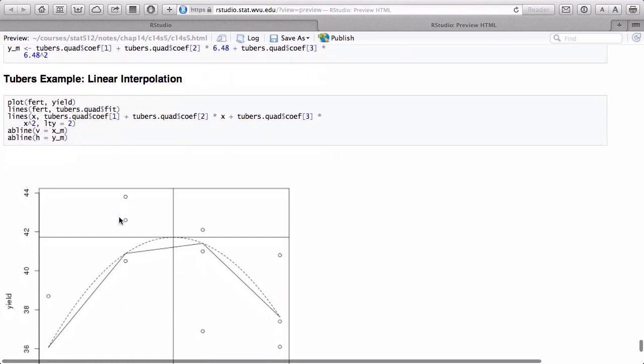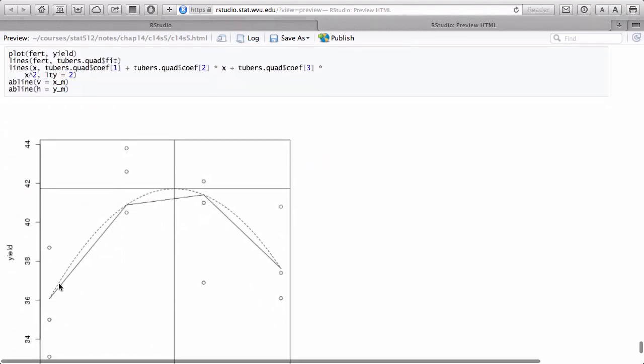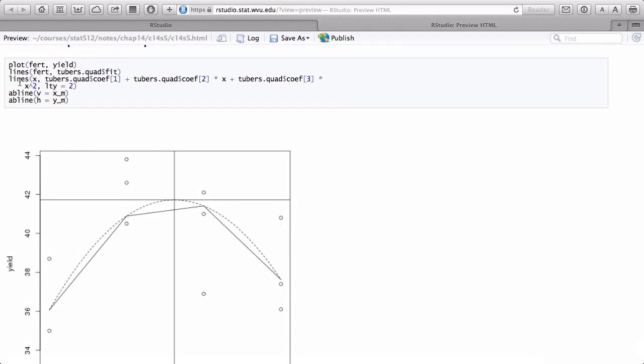Well, the fitted line only occurs at 4 places, and so this solid line that's segmented, that's from this first command lines. That actually fits the model at the 4 points. It gets the predicted value, and it does a linear interpolation between the points by default. But I don't really want a linear interpolation, do I? I have a quadratic